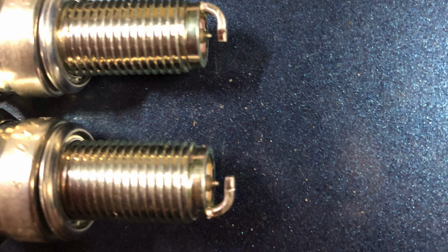I've checked the printing on the boxes, colour separations on the printing, spelling mistakes in both English and Japanese, looks at the plugs, the machining is fine, so as far as I'm concerned they're genuine. But if anybody out there knows better than I do, and says, oh, there's copies out there, well, give us a good list of what to look for, and failing that, buy them from a reputable place, and I'm sure they'll be fine. I'm fitting these in my bike. Well, in fact, they're in my bike. So there they are, a pair of virginal young plugs that have not even sparked once yet,